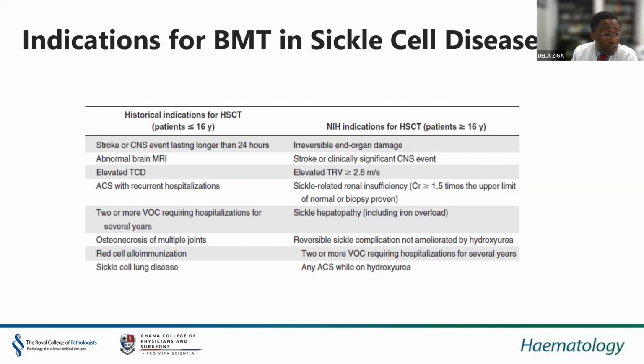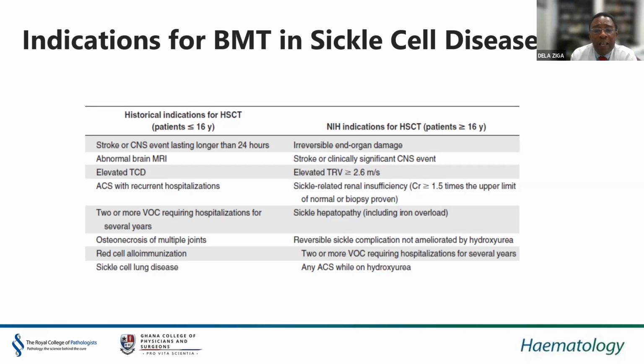recurrent admissions to hospital, more than 2 vaso-occlusive episodes requiring admission to hospital, also avascular necrosis, red cell alloimmunization from transfusions, and other conditions like lung disease, which are not incapacitating. Now, the NIH indications for transplant for patients above age 16 are similar: irreversible end organ